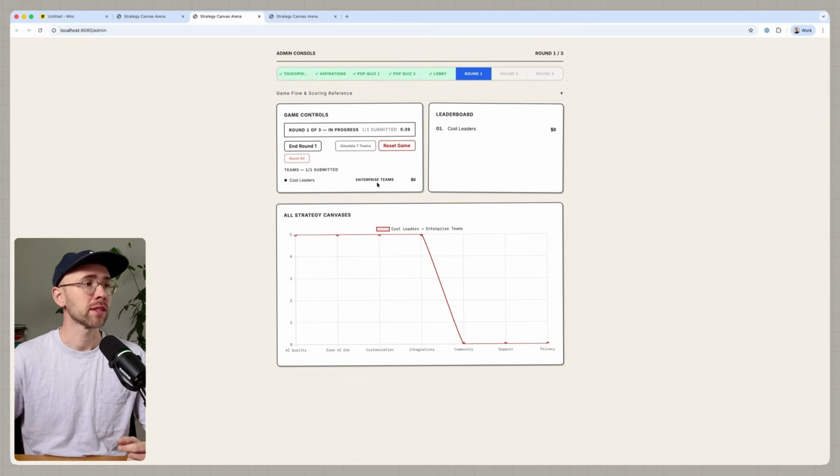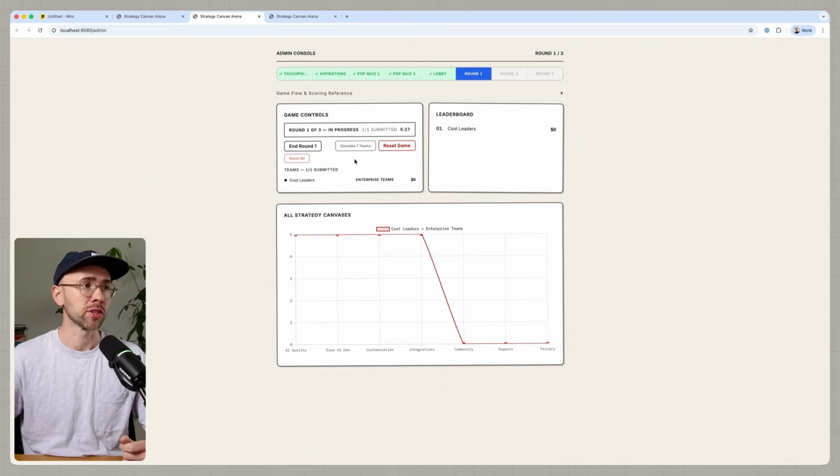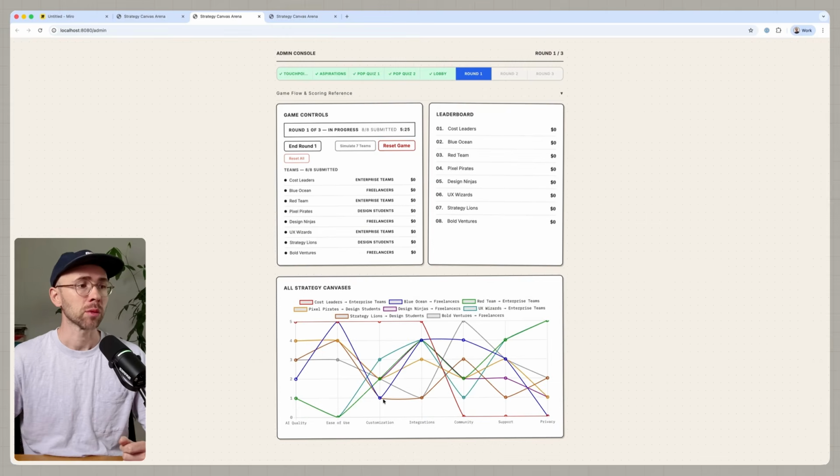Because what's happening on this side is that we, in the admin panel, can also see their responses, right? And as responses are coming in, we can see more and more graphs. In this case, obviously, we have just one player playing, but if we simulate this for 7 teams, we can see how it looks if 7 teams were playing, right? So we can see their graphs. And when I also end the round,